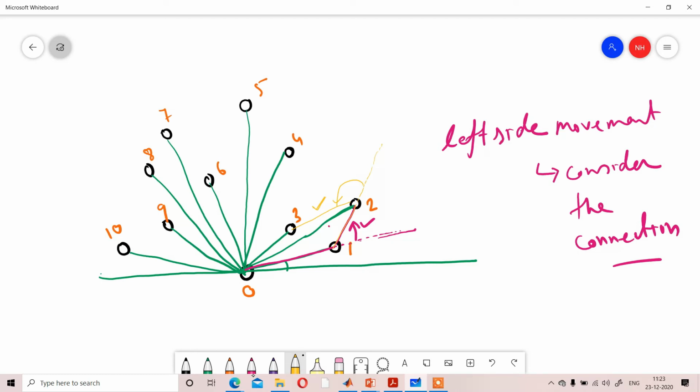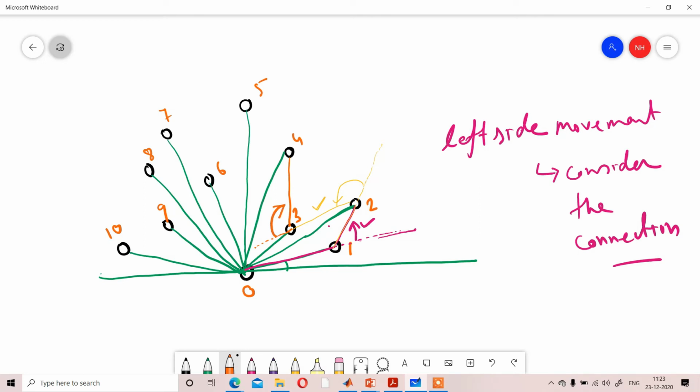Okay. Now we will connect 3 to 4. If we connect 3 to 4, check the movement. If we consider 2 to 3, it should be the straight line like that. But 3 to 4, movement is to the right side.